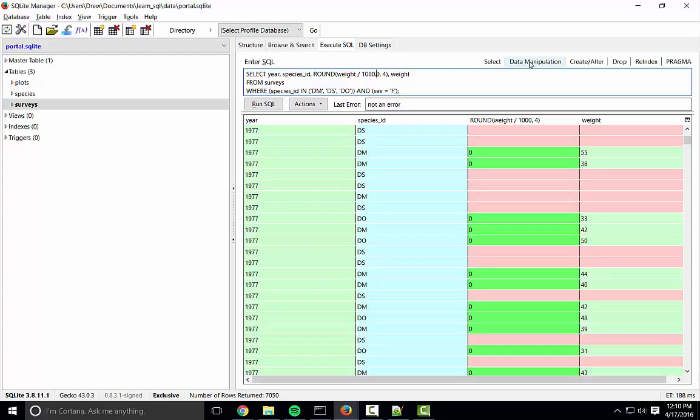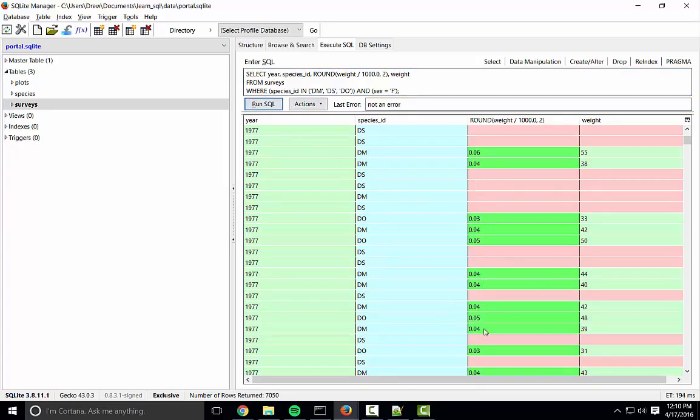So the problem is, in here, it's dividing by 1,000. If I don't put the decimal point there, it's going to treat that as an integer value. I think that's what's happening. Let's try it out. Ah, there we go. So now we're measured in kilograms, and I can go back to 2 decimal places, and I'm going to actually